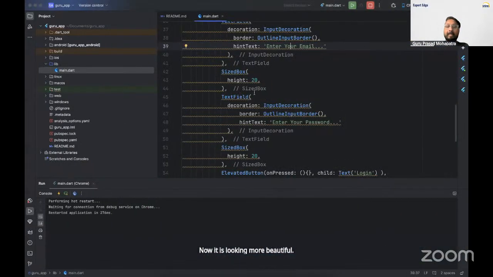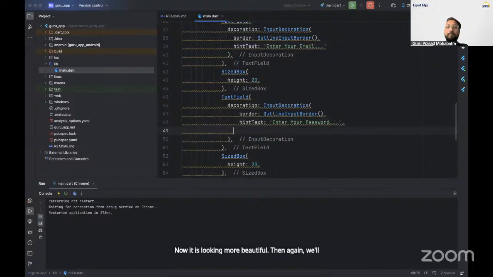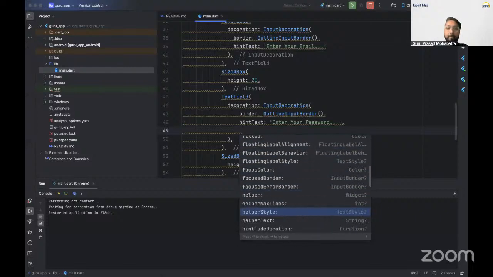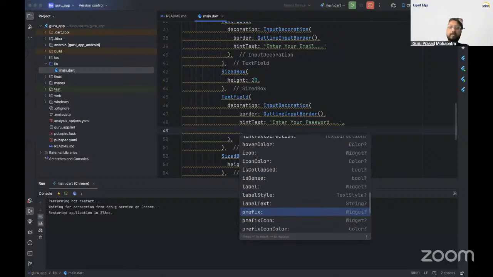Then again, we'll decorate it more. In the input decoration, there is a prefix.